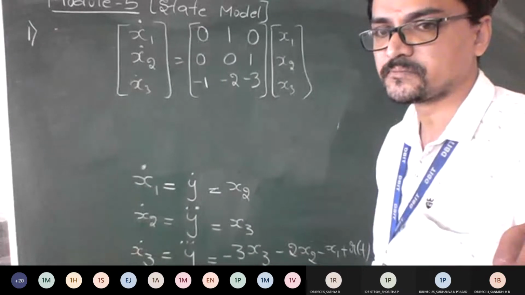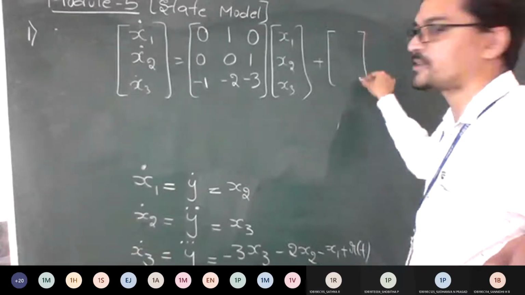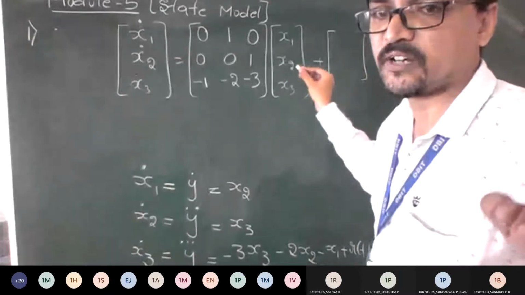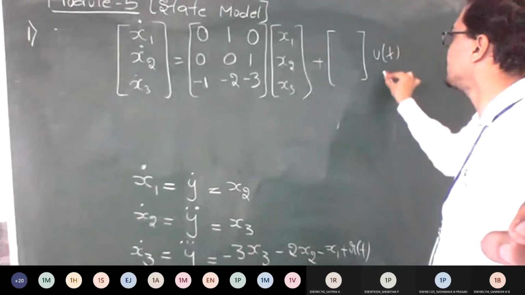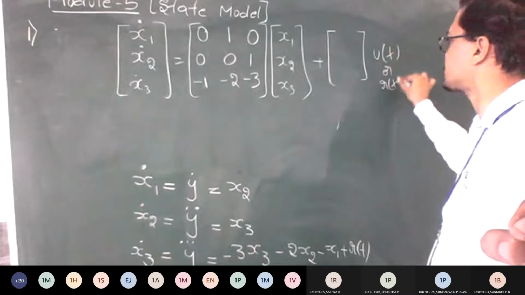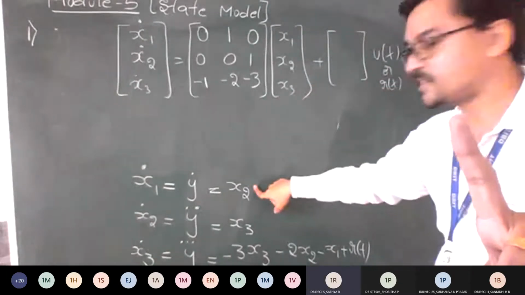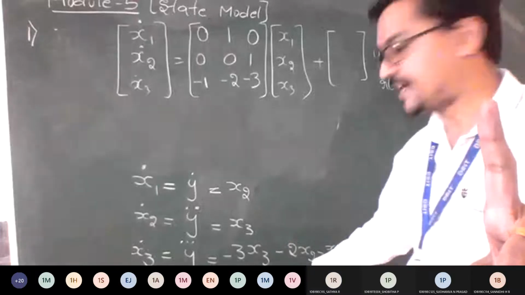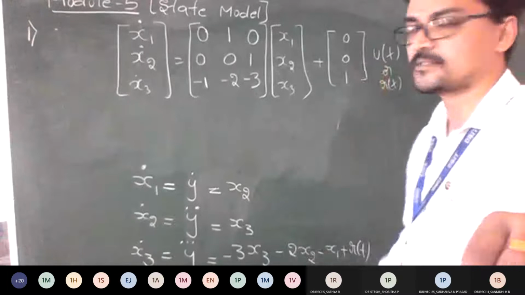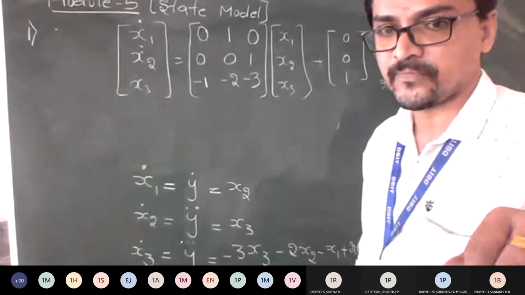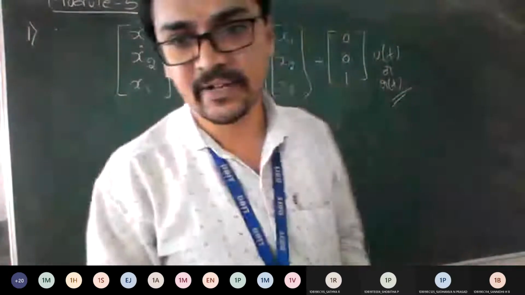Agree till here? Yes, sir. Plus, I should write a term with respect to my u of t. So in place of u of t, r of t is there. Both are the same, so you can represent u of t or r of t according to the question. Now tell me where exactly the coefficient is. There is coefficient 0 in x1, x2. Only in x3 it is there, which is positive 1. So can I write it as 0, 0, 1, guys? Yes, sir. So this is the ultimate answer for my state equation.